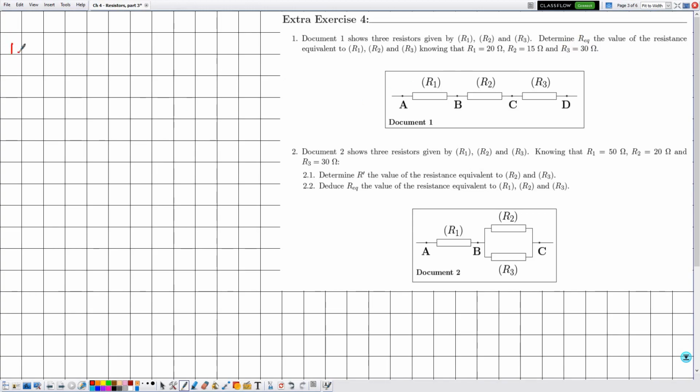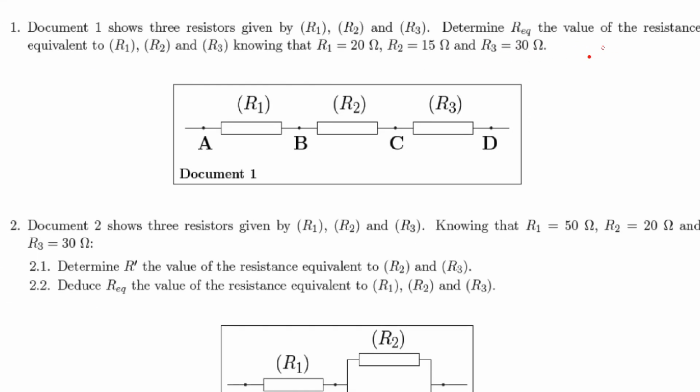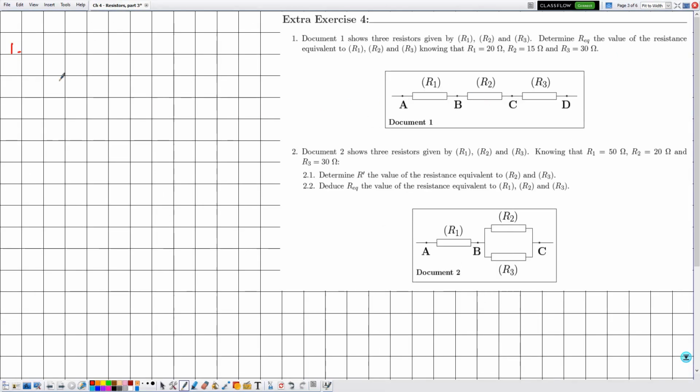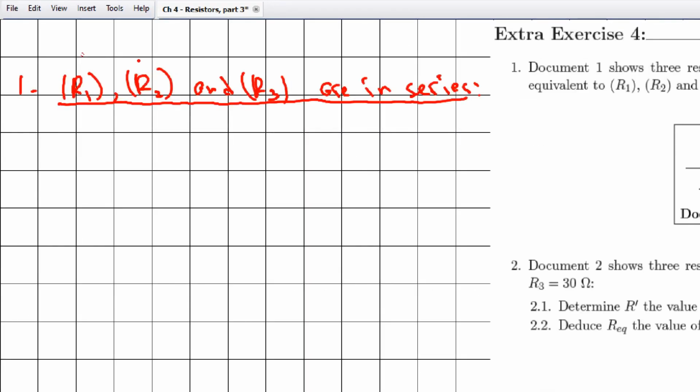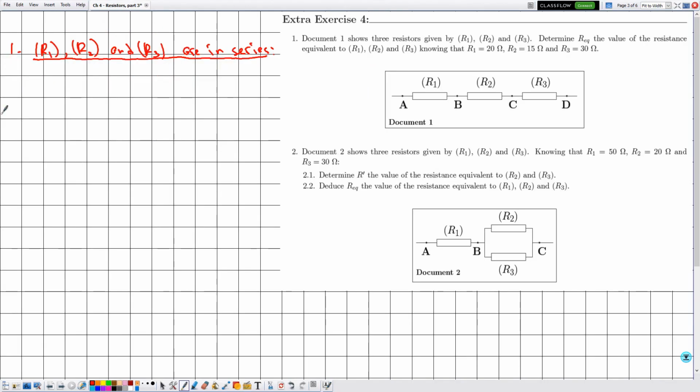So let me write number 1. In order to determine the equivalent resistor, first we need to identify whether these components are in parallel or in series. So they are in series. Then as a title, let's say R1, R2 and R3 are in series. Usually this statement, they give it half a mark. So in this case, R equivalent is simply given by the sum, which is R1 plus R2 plus